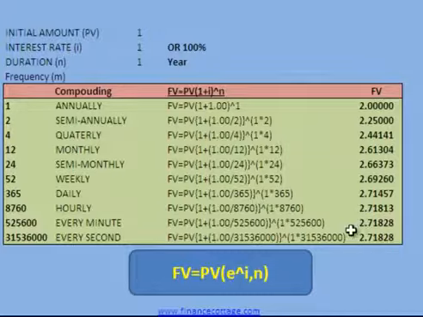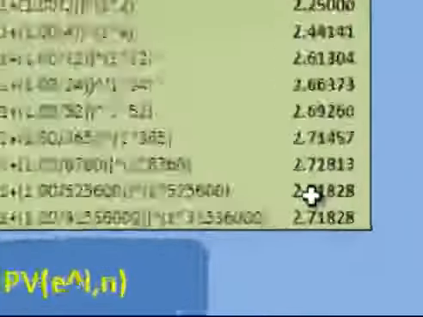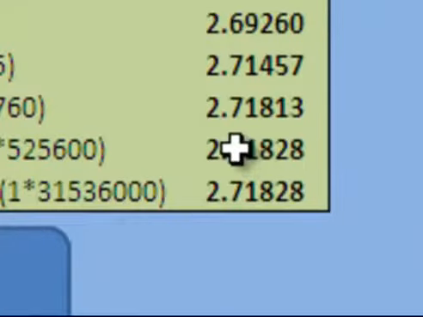In case of every minute, it is 2.718. In case of every second, it is 2.718. Now from this demonstration you can get a very interesting idea that as the frequency of compounding approaches infinity, the future value of $1 is approaching to what? It is approaching to a fixed value which is equal to 2.718, and this 2.718 is the value of exponential